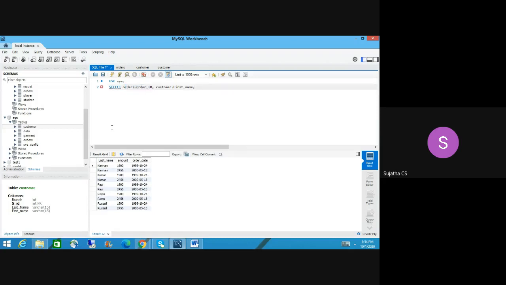Do you notice it? So for example, the last time, how did we write: select last name, amount, order ID from customer table and then order table. That is why it is written here as last name, amount, order ID. Now we have changed the order of displaying the result. So orders table dot order ID, then customer table dot first name. Now I'm picking again from the orders table. Guys, is it confusing, or is it okay?